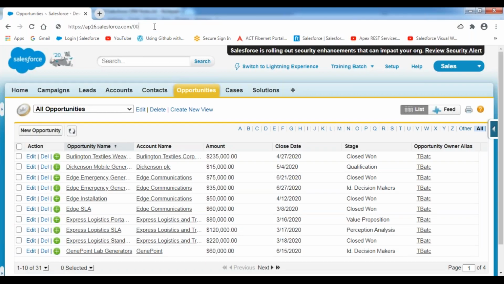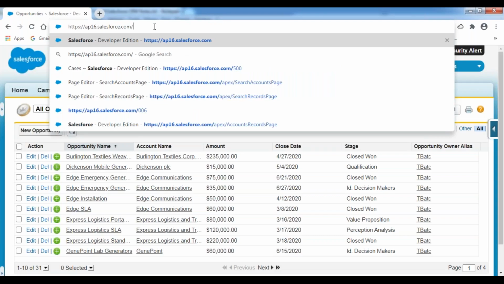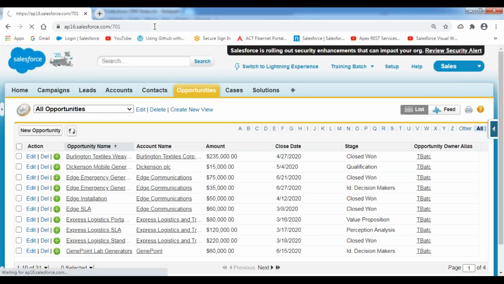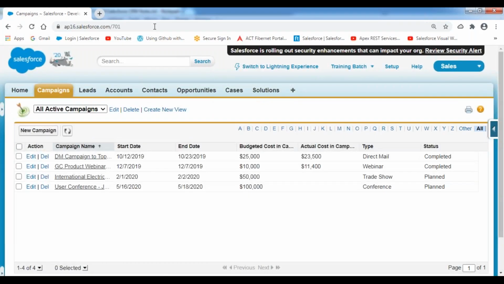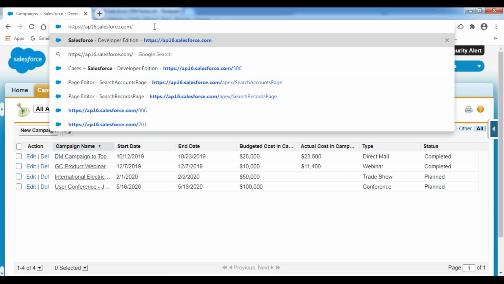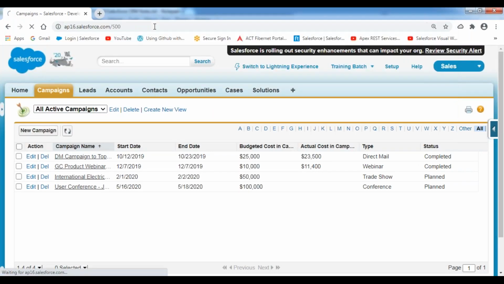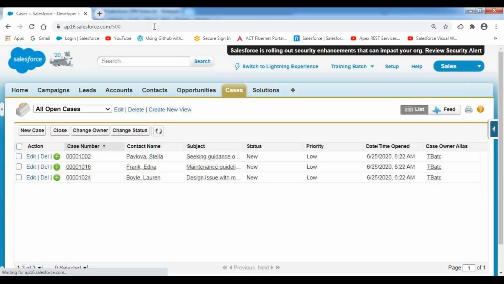Inside the address bar, in the URL, we can specify 701. When you press enter, it will go to the campaign object directly.